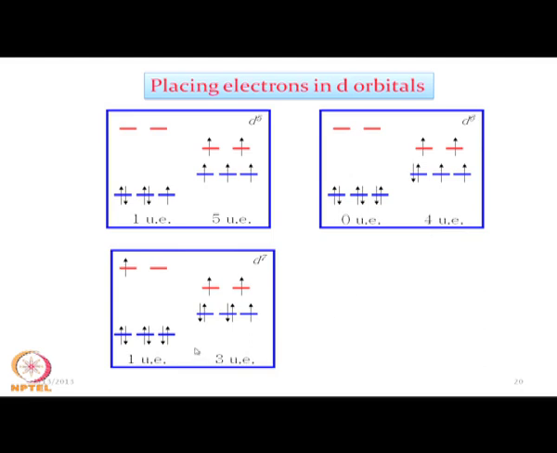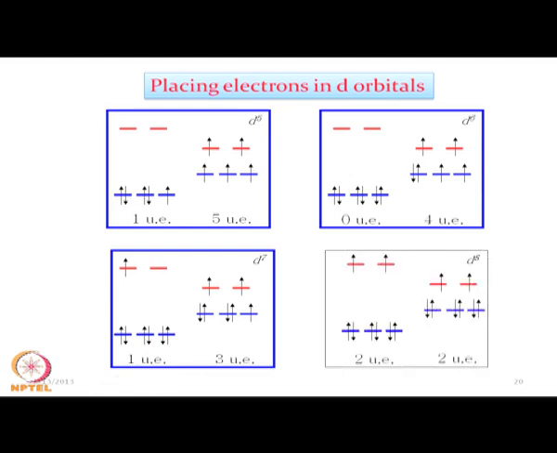In the case of d7 also, we have the situation here, and we have calculated the corresponding energy values also. In the d8 situation, which is true for nickel in octahedral geometry, in both these cases we have two unpaired electrons. That means the crystal field will not be able to force the spin pairing for nickel 2 plus, whether it is weak field or strong field, we will have two unpaired electrons, whether the splitting is less or more.